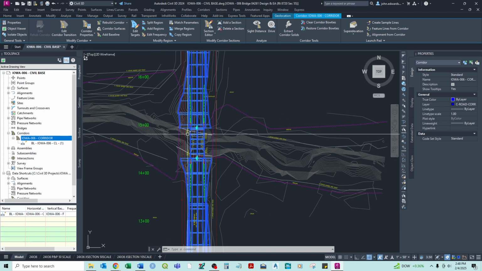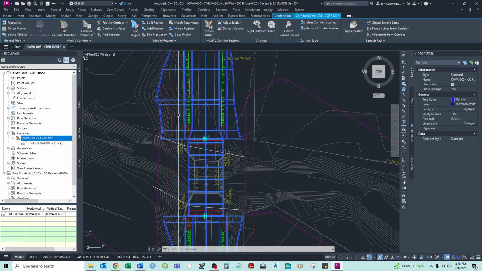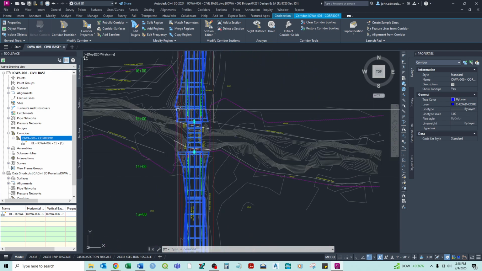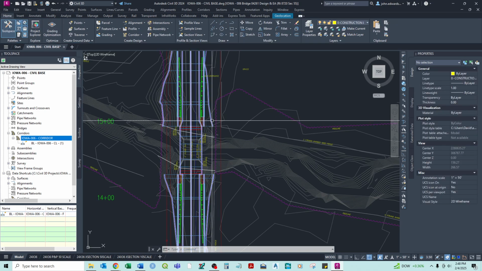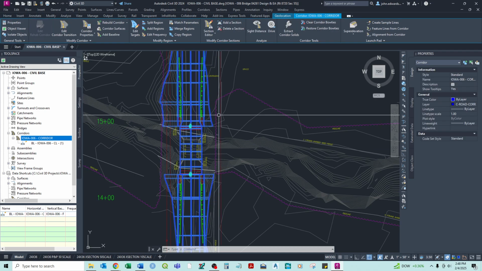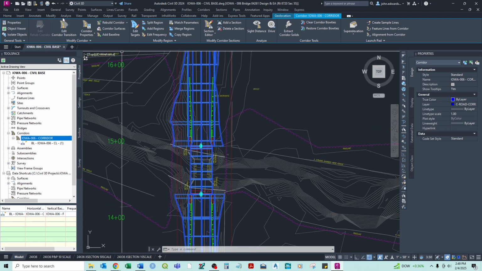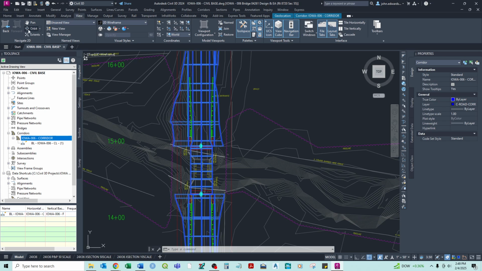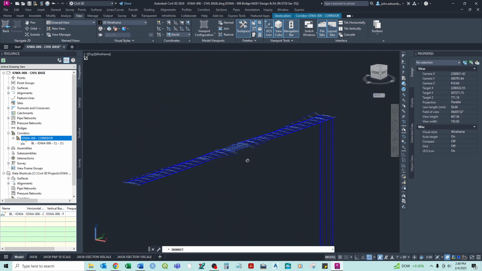And note, this time it rebuilt the corridor by itself, and you'll see now we have a bridge section with no shoulders, no daylight, and then we have our roadway sections on each side. One cool thing you can do now that you have a 3D model for your corridor, if you go up to View and Orbit, let's take section, now you can actually see a 3D model